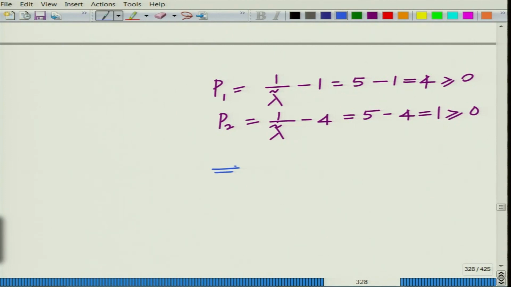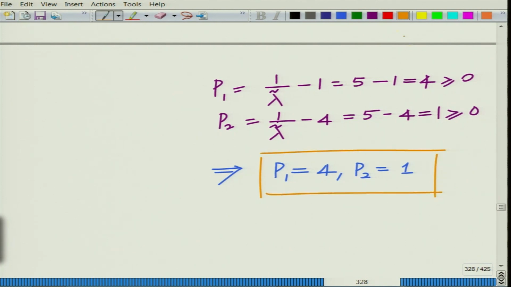Remember, because the power values have to be non-negative, otherwise, if it is negative, you have to set the corresponding power to be 0, and then you have to do the problem again. Essentially this implies that P1 is equal to 4, P2 is equal to 1, and this therefore is basically our